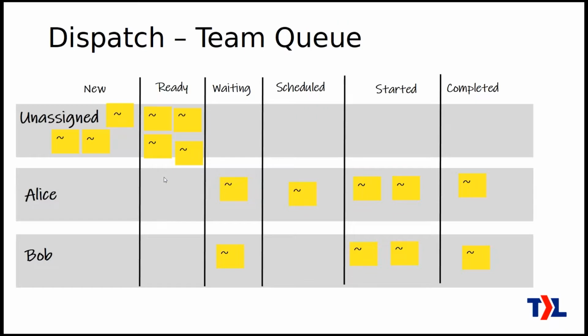Now, if you're doing the team queue method, then it's going to look like this. In the ready column, we don't assign work to any of our members, Alice or Bob here. Those are empty. But we are going to have the list of unassigned work over here already in the ready column, and they're going to be ordered here by what's most important. And so then, when one of the members is ready to take on new work, they come to the unassigned lane, the ready column, and take what's at the top.